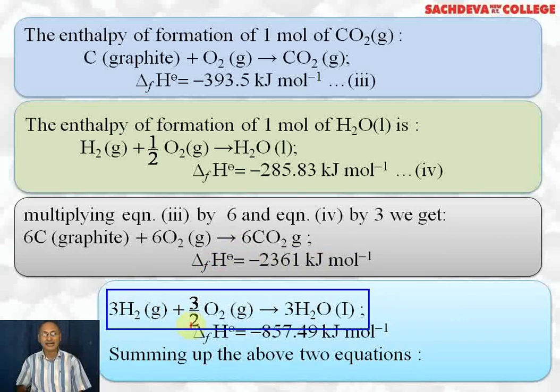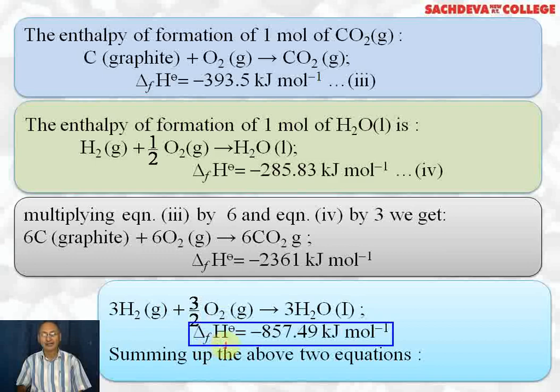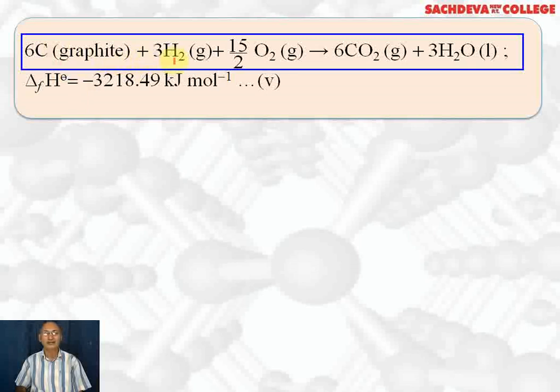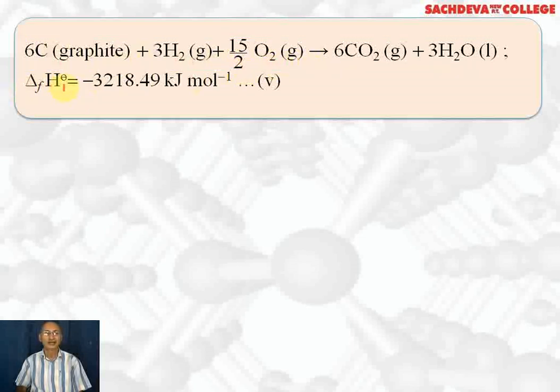3 H2 gas plus 3 by 2 O2 gas gives you 3 water liquid. Delta H will be, again you have to multiply minus 285.83 with 3, so you will get minus 857.49 kilojoules per mole. Now we are going to add these two equations. When you add these two equations, we get 6 carbon graphite plus 3 hydrogen gas plus 15 by 2 O2 gives you 6 CO2 plus 3 water liquid, and net delta H will be equal to minus